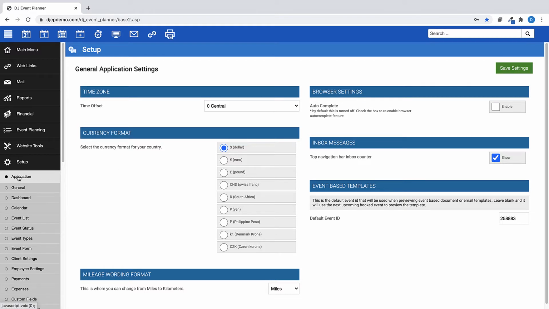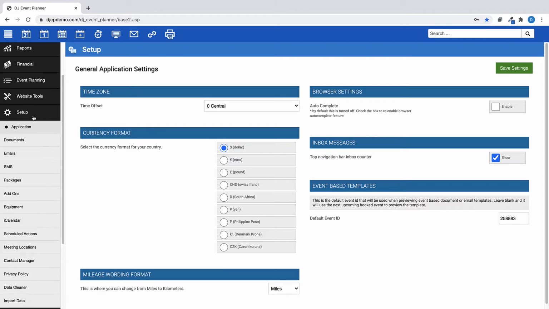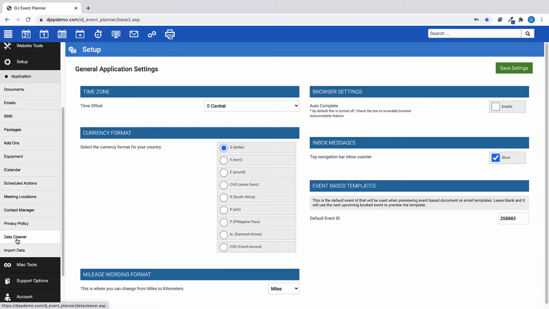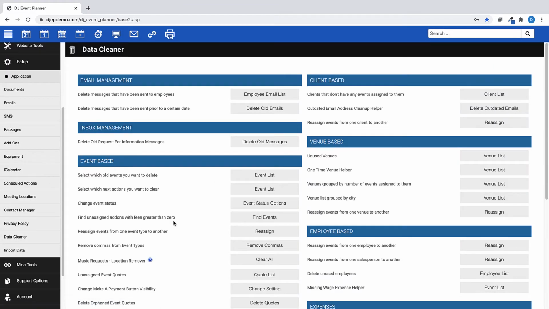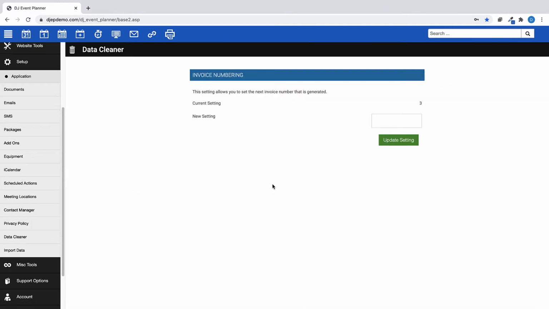We've added a new data cleaner that allows you to manually set the starting number for invoices. Please go to Setup, Data Cleaner, Event-Based, and Invoice Number. This allows you to increase the numbers. You will see your current invoice number listed here. Do not add a new setting number lower than your current invoice number because decreasing them would allow you to